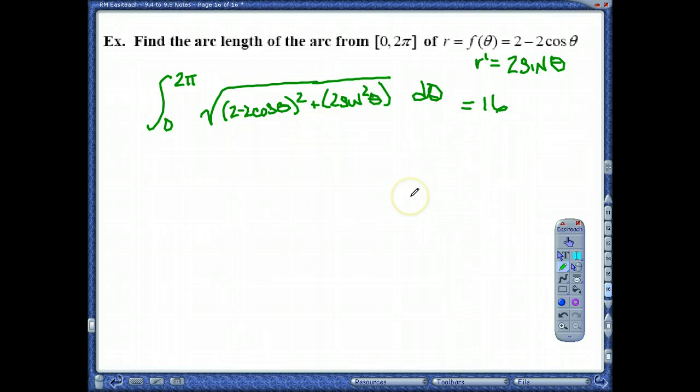Now, once again, we don't always get to use our calculator, so I throw down the challenge of see if you can figure out how you want to solve this without the use of a calculator. Hint, you are going to use your half angle identities. So give it a whirl, see what you come up with. If you have any questions,